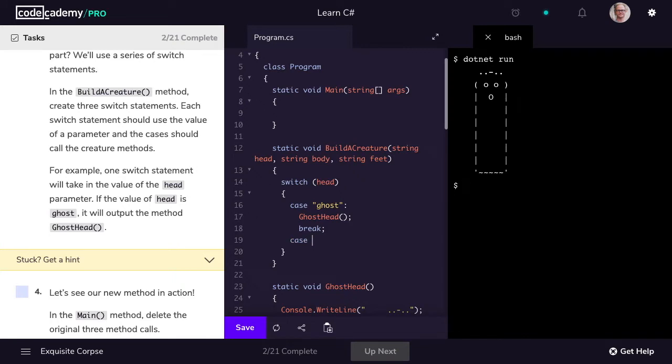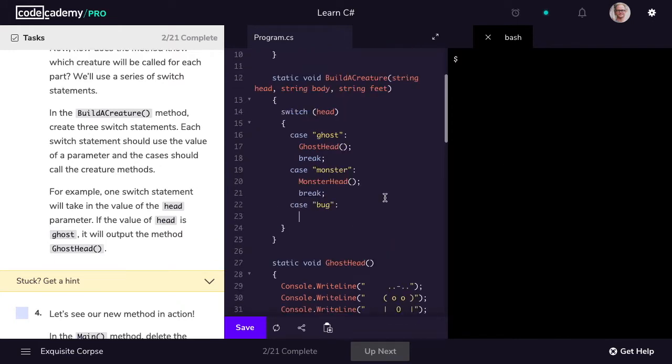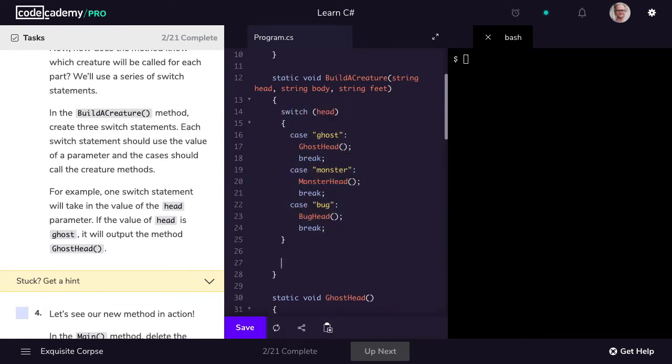In the second case, we'll say if the value is monster, then we want to output the method monster head. Then we'll break. And then in the third case of bug, in this case we want to output the method bug head. Alright, and now we want to do this not just for the head, but also for the body and for the feet. So this is a lot of repeated code, so let's go ahead and just copy this,